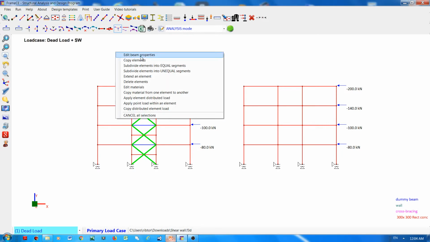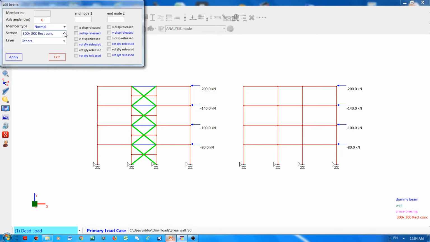So I will edit the beam properties and I will change the section to cross bracing and change the member type to compression member. Now I am modeling these diagonals as compression members because these are concrete columns. These are to be designed as concrete columns, and concrete columns can only carry compression loads. So that's why I'm assuming these as compression members. Apply,